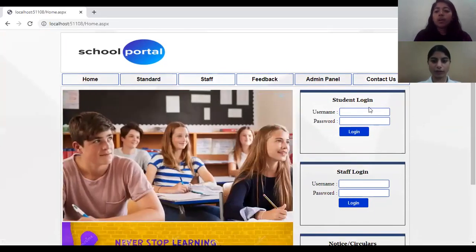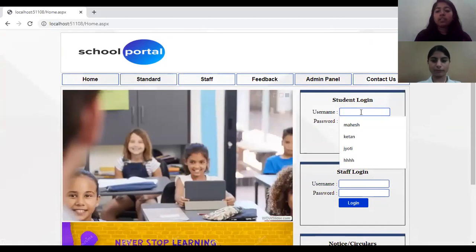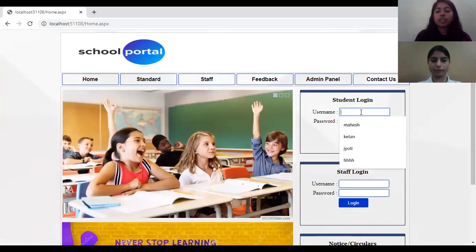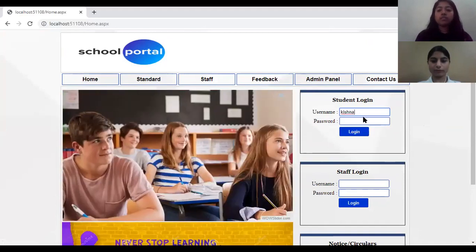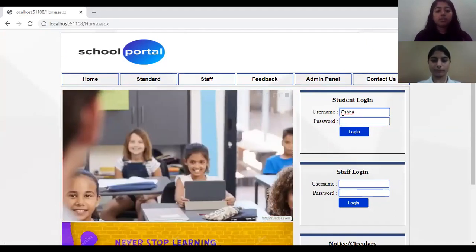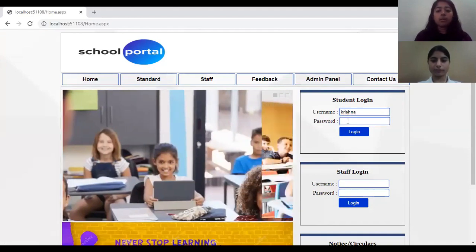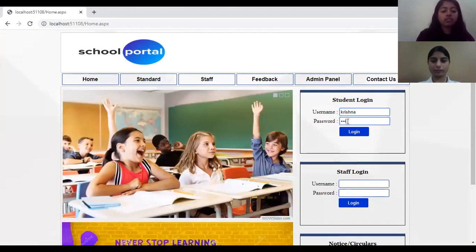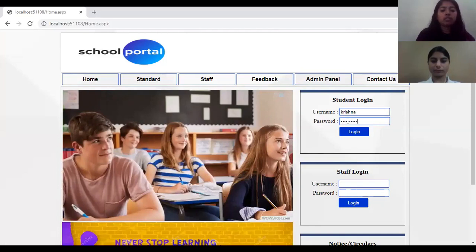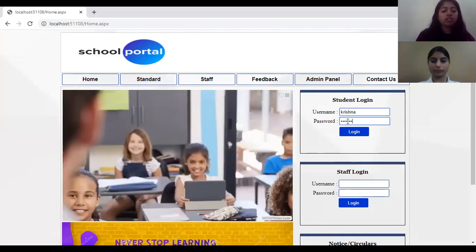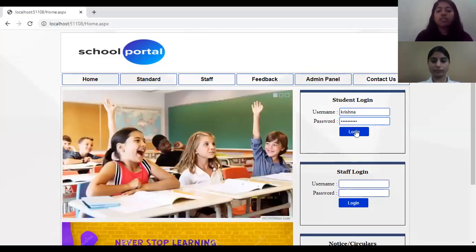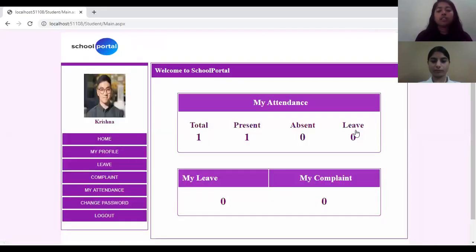Now let's start with the student login. So we'll log into the page of Krishna. The username is Krishna. Password is Krishna123.